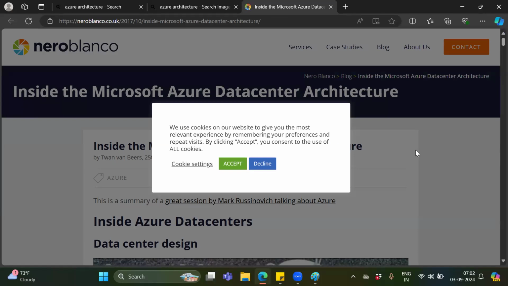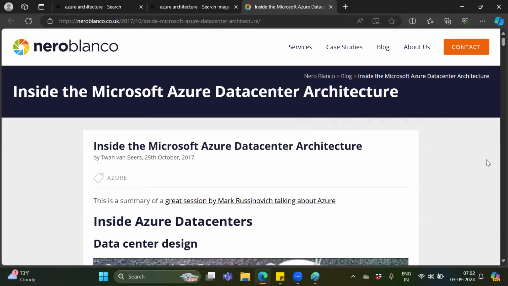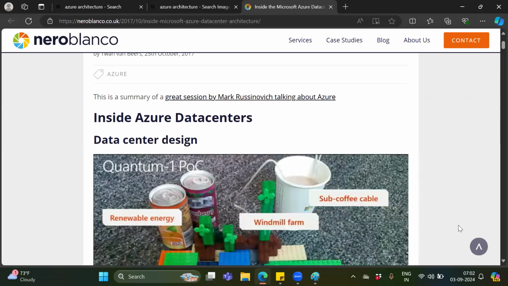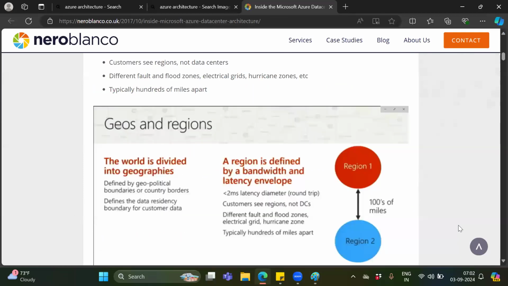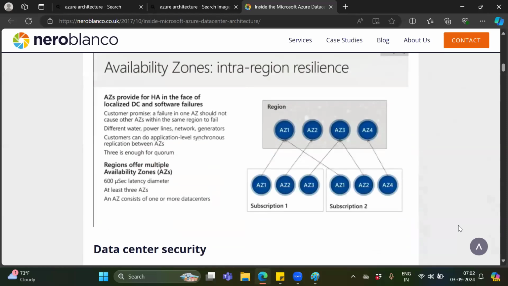I'm just trying to check the architecture so that you will get some understanding and clarity.